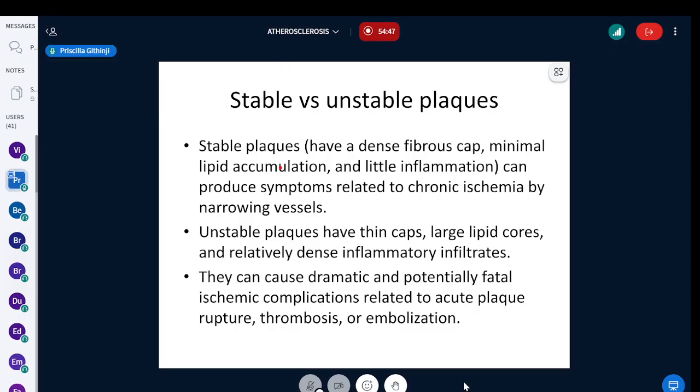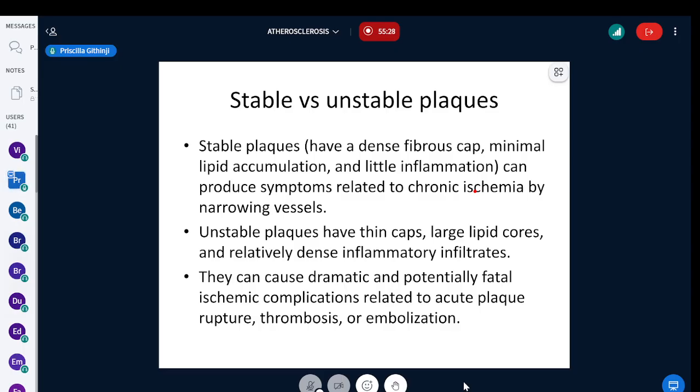So these atheromatous plaques can form in two ways. You can either form stable or unstable plaques. So stable plaques usually have a dense fibrous cap. They have minimal lipid accumulation, and they have little inflammation. And this usually will produce symptoms related to chronic ischemia by narrowing of vessels. Because they have a dense fibrous cap, how they're going to cause symptoms is that when they progressively grow, they continue to occlude the lumen, and therefore you'll have symptoms related to chronic ischemia because you have progressive narrowing